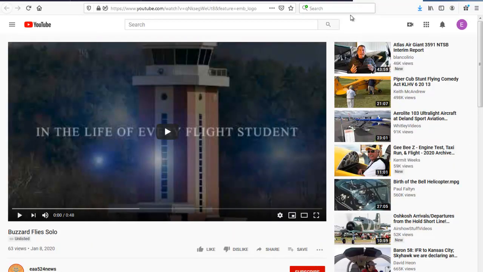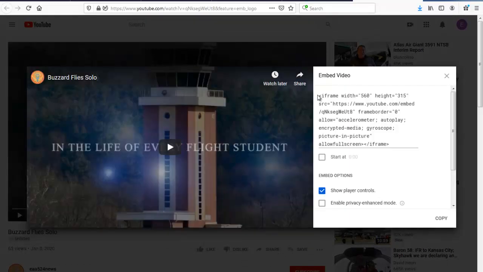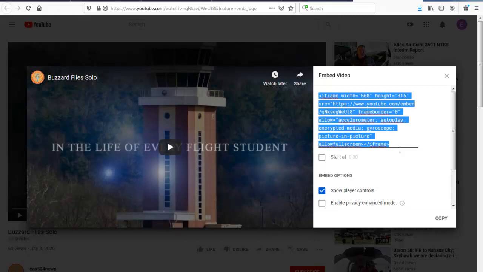Okay, let's say you have a video on YouTube that you want to display on your website. You could just link to it, which is fine, but on YouTube, if you come over here under Share, the first thing you see here, you can embed. And if you just copy this embed code, so Control C,